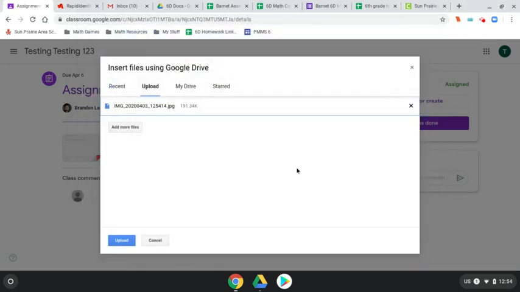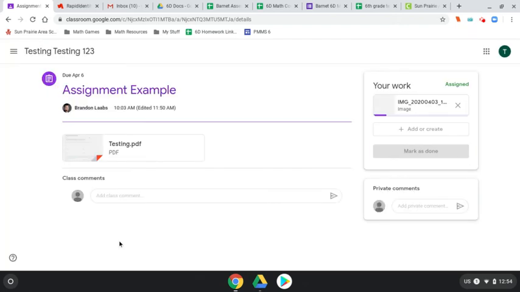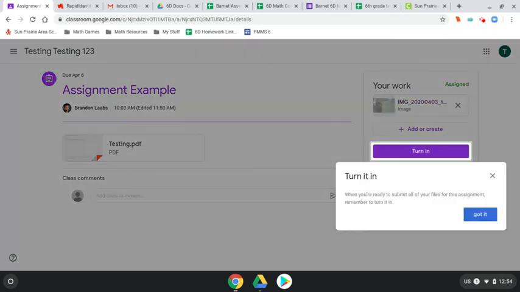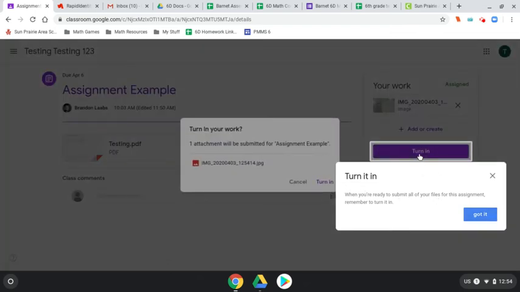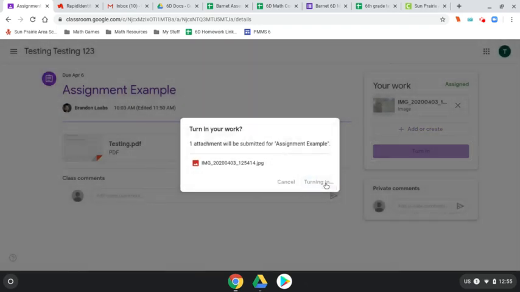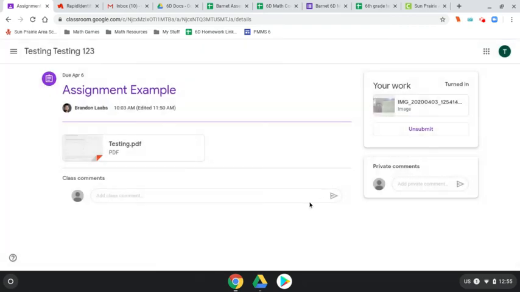open it in there, upload it, and I uploaded my work right here. There's all my work. When I'm done uploading it, I can turn it in, just like so. Click turn in. It's turned in. Any comments I might have for Mr. Lobbs,